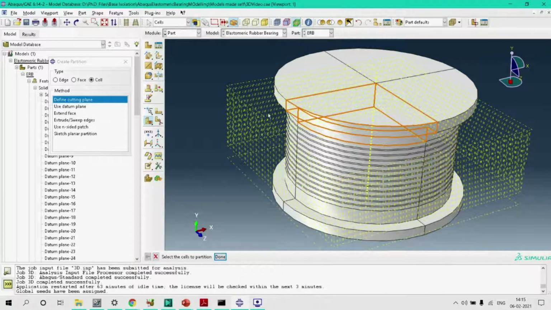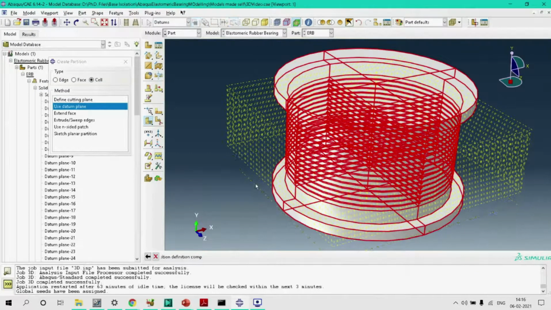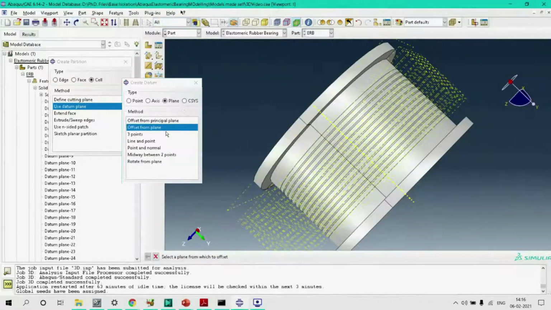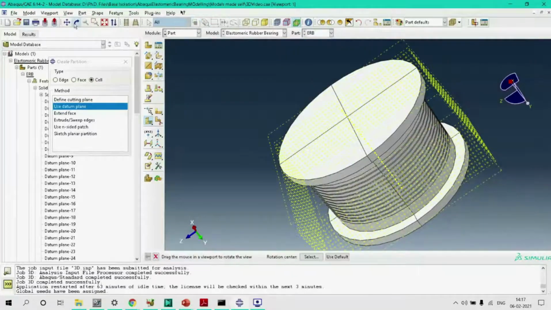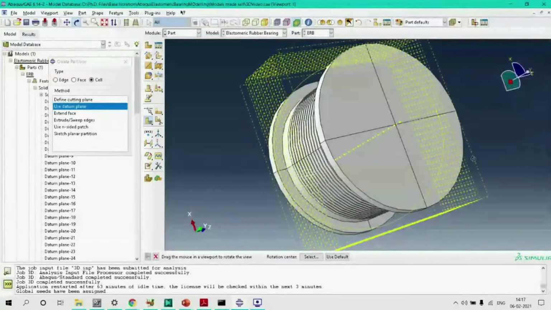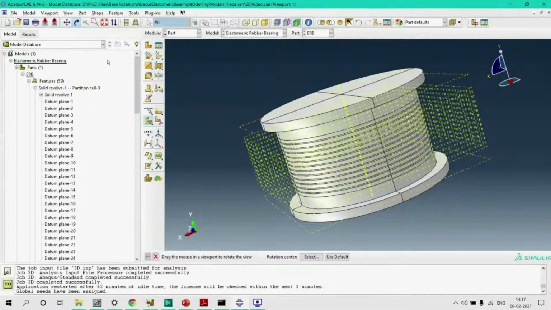Now let's create some more partitions in our model so that the meshing problem does not appear again. So let's partition this to a top and the bottom steel plates, that is this extended steel plate and the steel plate just above it. We can also partition them. So again we have to go to tools, partition. So I think this many partition would be sufficient to remove all our hurdles to create the mesh in our model. Okay, fine. Now let's again go to meshing.